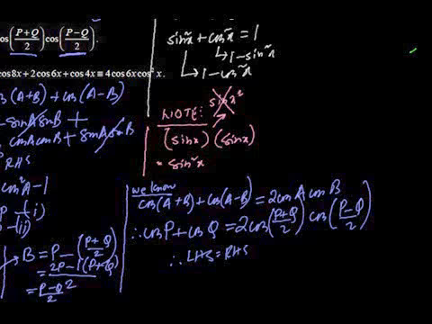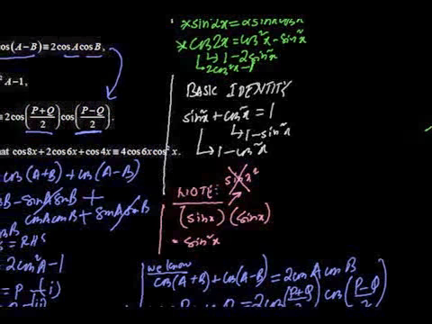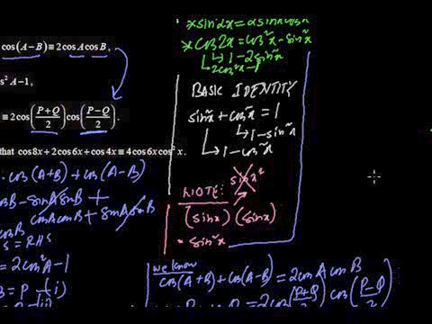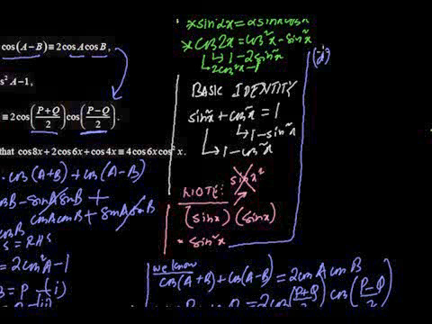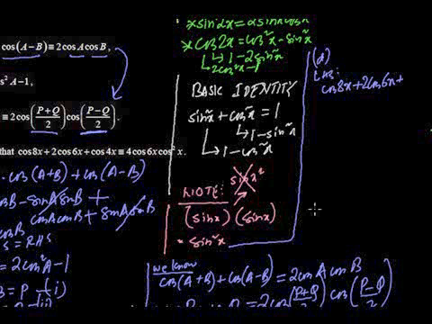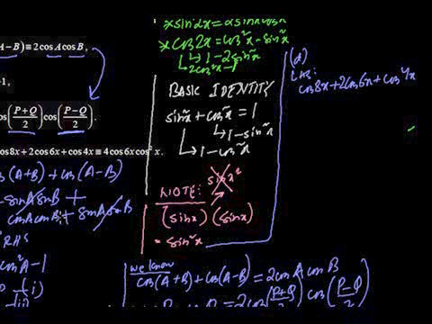Let's do it over here. So this is number d. Now the first thing we have to remember, the left hand side is cos 8x plus 2 cos 6x plus cos 4x. If you take a look, the previous sum was